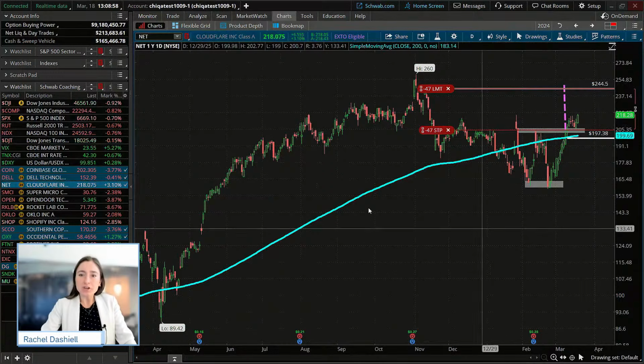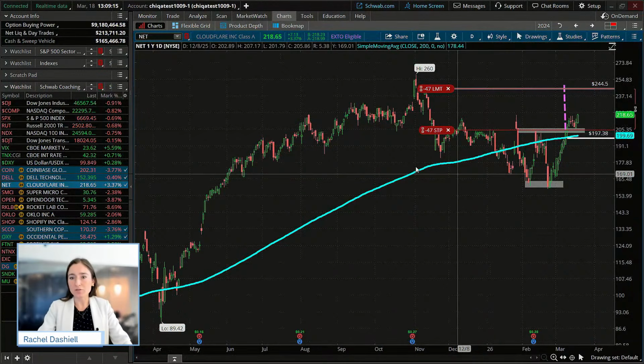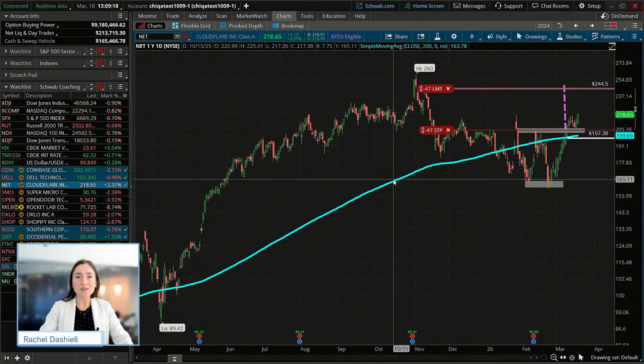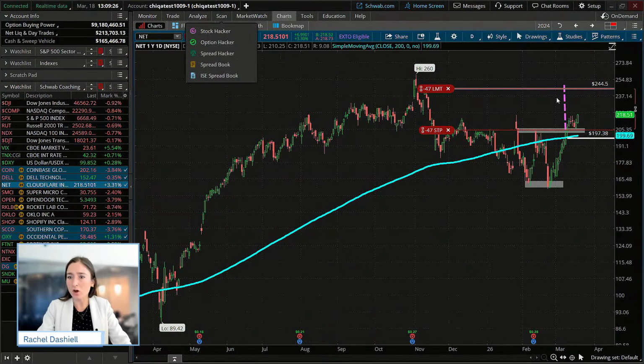So some traders may say, hey, I want to wait for confirmation to see if we do indeed close above this high of that low day. And so you may submit your order for tomorrow. So let's say we wait to submit this order for tomorrow. We can most definitely do that. You can do that with conditional orders. For the purpose of this class, we are still going to go through the motions of placing the trade here. So we're going to go with a long call.